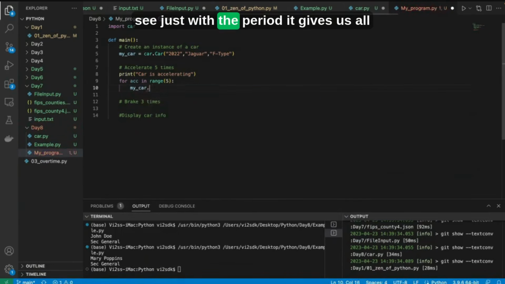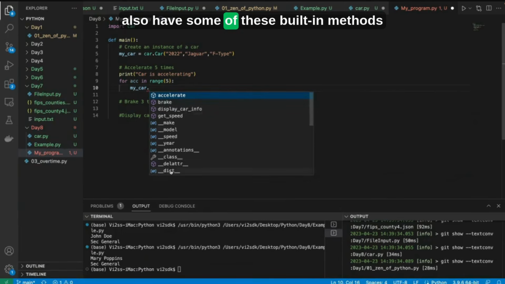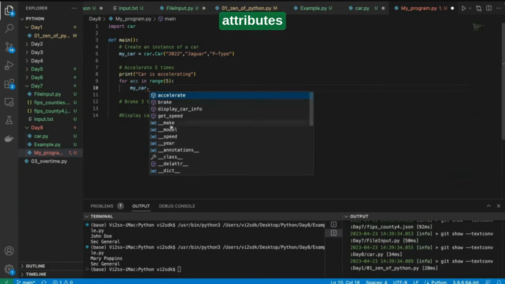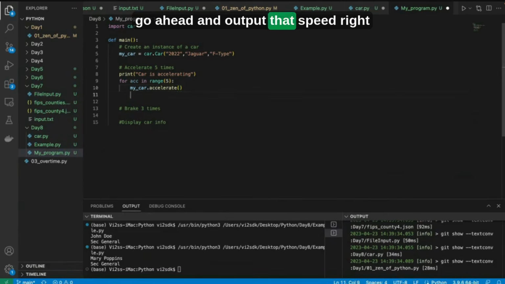As you can see, just with the period, it gives us all the different methods that are within that car file. Since it's a class, we also have some of these built-in methods. These are some of our attributes, which are not accessible because of the double underscore. What we want to do here is accelerate. Accelerate doesn't take any inputs, so that is good. But each time it accelerates, we probably want to output that speed, right? So let's go ahead and print